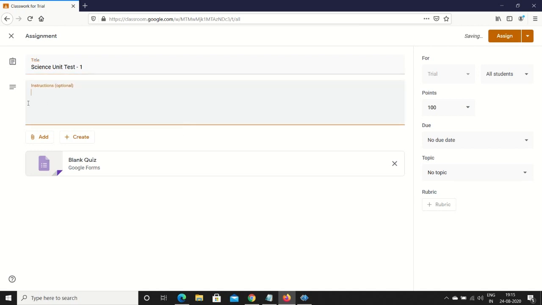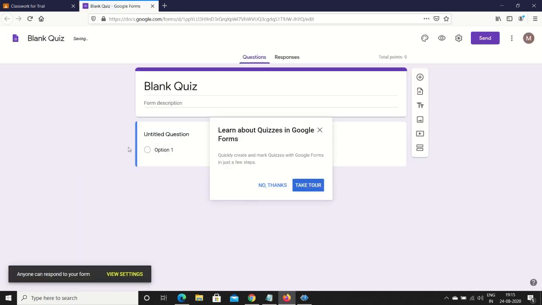Instructions, you can put instructions here, and then you see this blank quiz written here. This is actually a Google form using the quiz feature in that. If you click this, we can start editing it and creating our question paper.